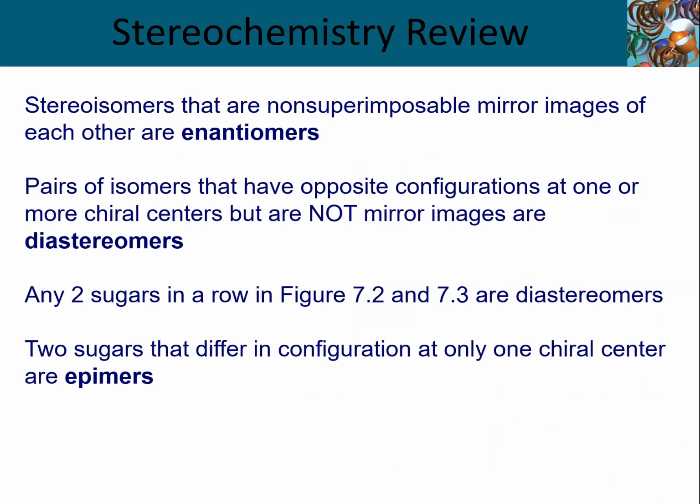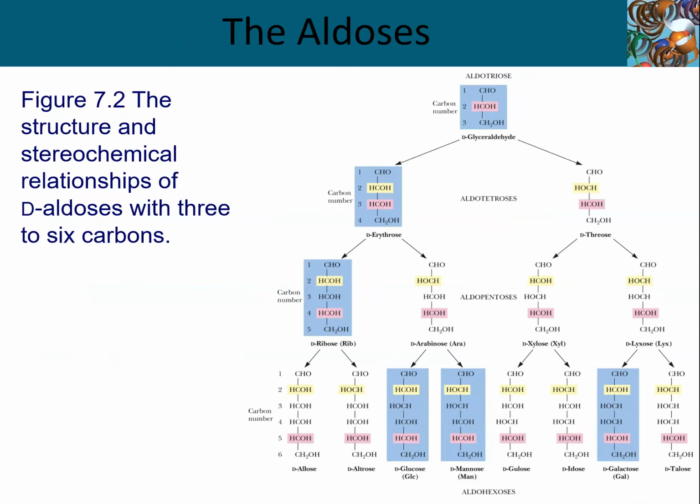Now, another term that you see occasionally is the term epimer. And an epimer is whenever you have a difference in configuration at only a single chiral center. And technically, these are diastereomers. However, because they have only a single positional change, epimer is also used. So once again, if we went back, if we were to compare erythrose and threose, these would be epimers of one another.